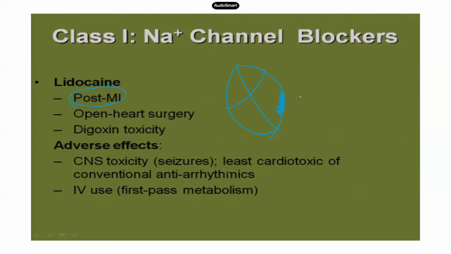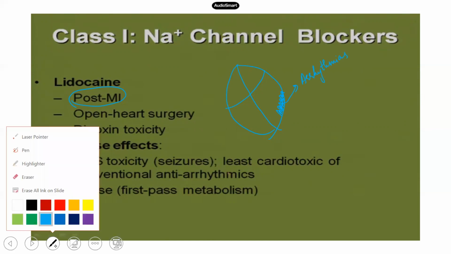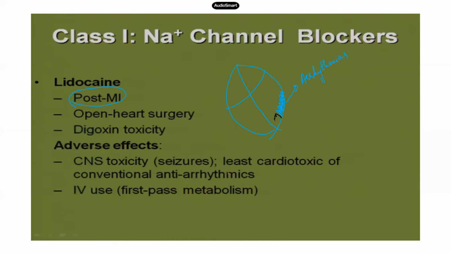Now, this ischemic tissue has the tendency to initiate arrhythmias in the body. So, we have unhealthy tissue in blue and healthy tissue in black. So, when you give lidocaine in a patient of post-MI developing arrhythmias, this lidocaine will preferentially go and bind to this